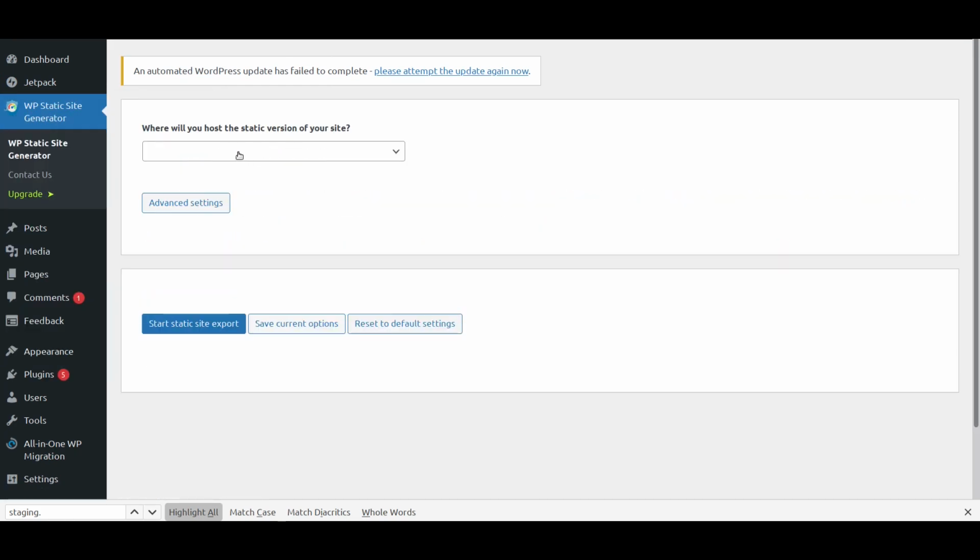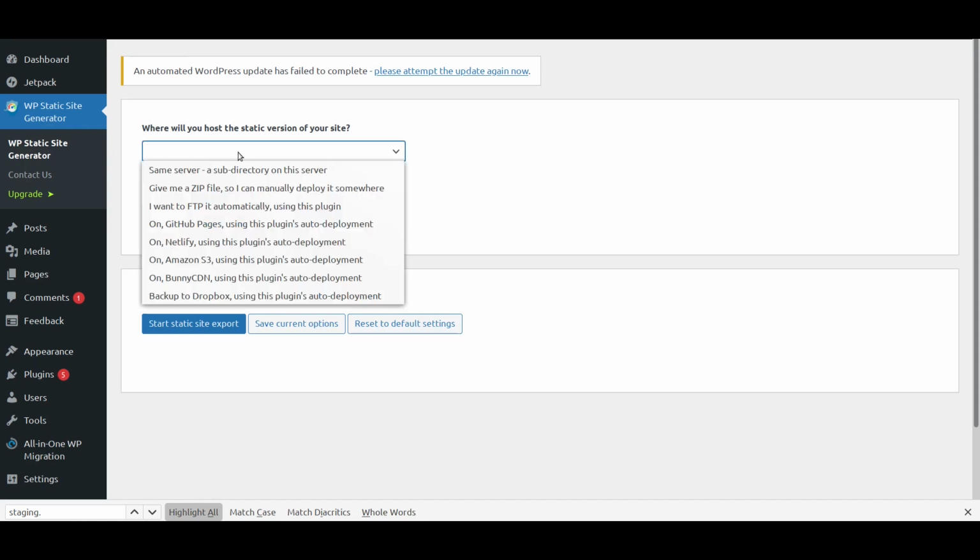This is one of the usability issues that I found. There are a lot of options here. You can upload directly to GitHub Pages, Netlify, Amazon S3, or Dropbox, or you can just download it as a zip file, or just create a directory on the same computer and have it downloaded there.